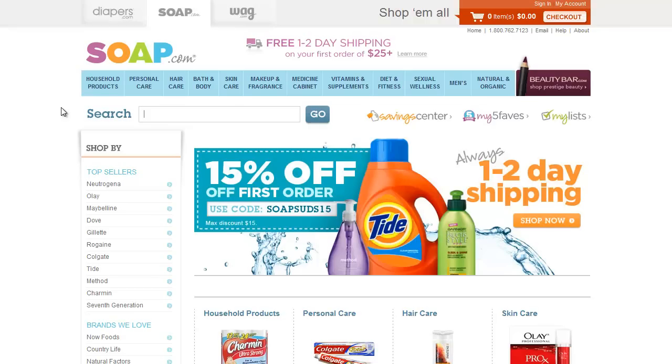That obviously helps them with their organic strategy. But you see right above the fold, they're offering a discount, 15% off on soap and the various other styles of shampoos and lotions, and 1 to 2 day shipping. So those integrate and tell you the whole buying process, which is key. You have a savings center that they're highlighting. You have the My 5 Faves, that's going to help for referring, revisiting traffic. Check My List, which helps build repeat visitors.